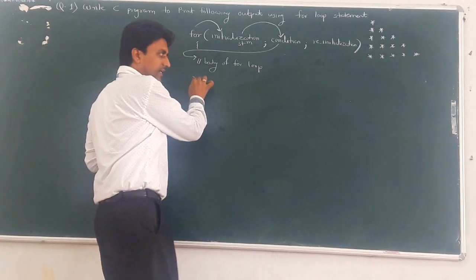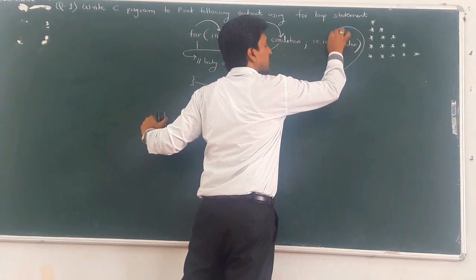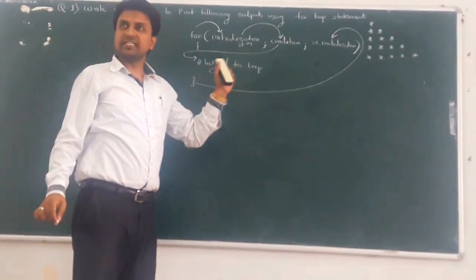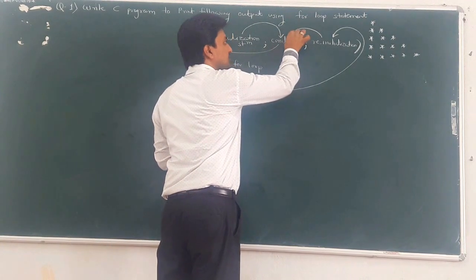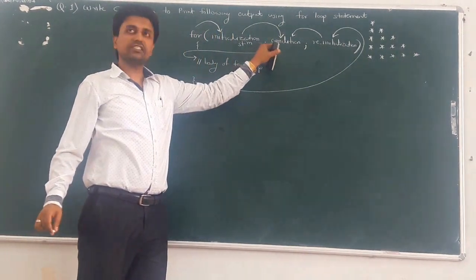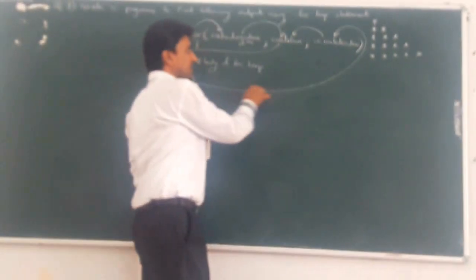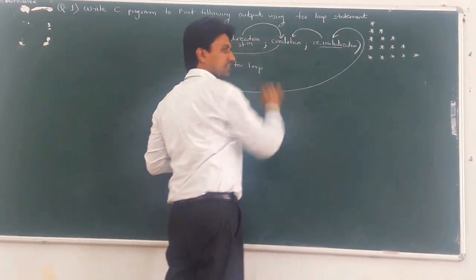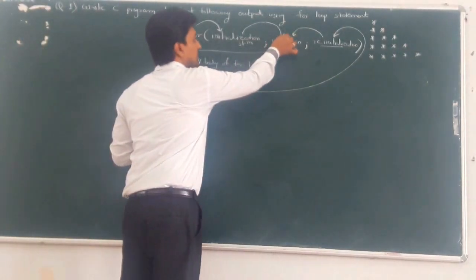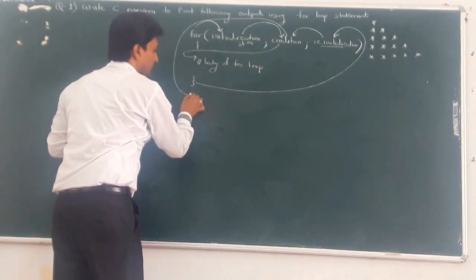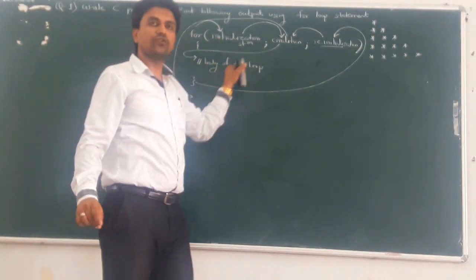After completion of the curly bracket, the cursor again goes to the reinitialization statement, that is, the increment or decrement statement. After reinitialization, the condition is checked again. If the condition is again true, then the runtime cursor executes the body of the for loop once again. Again, when the curly bracket ends, then reinitialization, and the condition is checked again. If the condition is false, say on the third iteration, that means the cursor goes out of this for loop, to the next line after the for loop. So this is called the execution flow of the for loop.